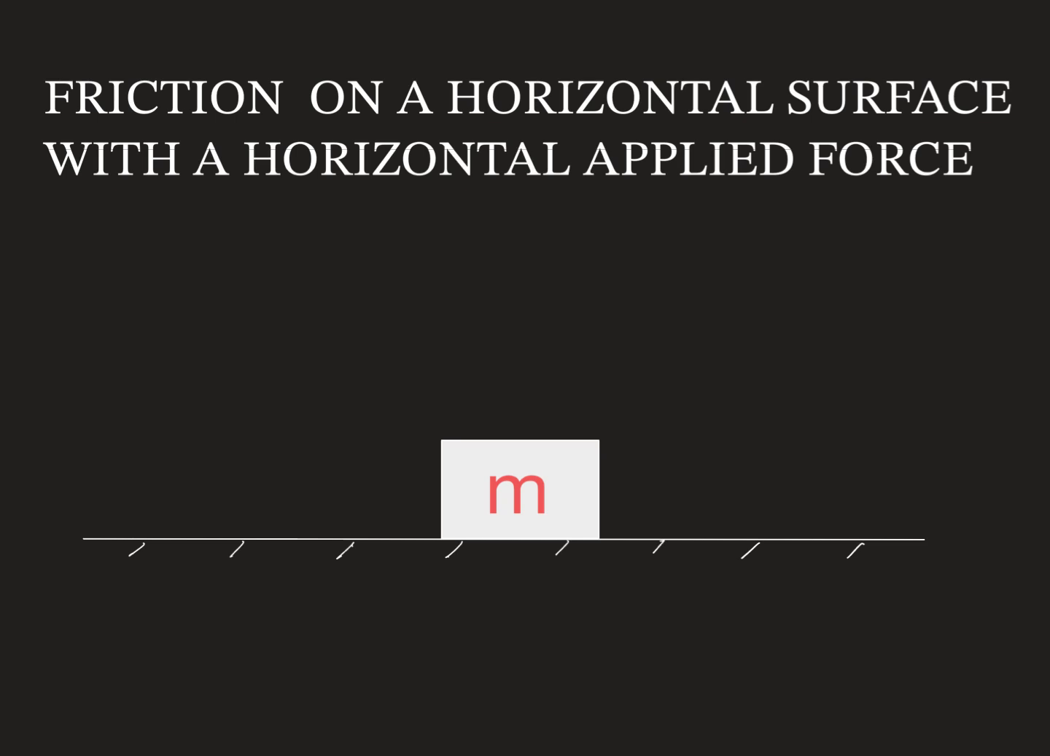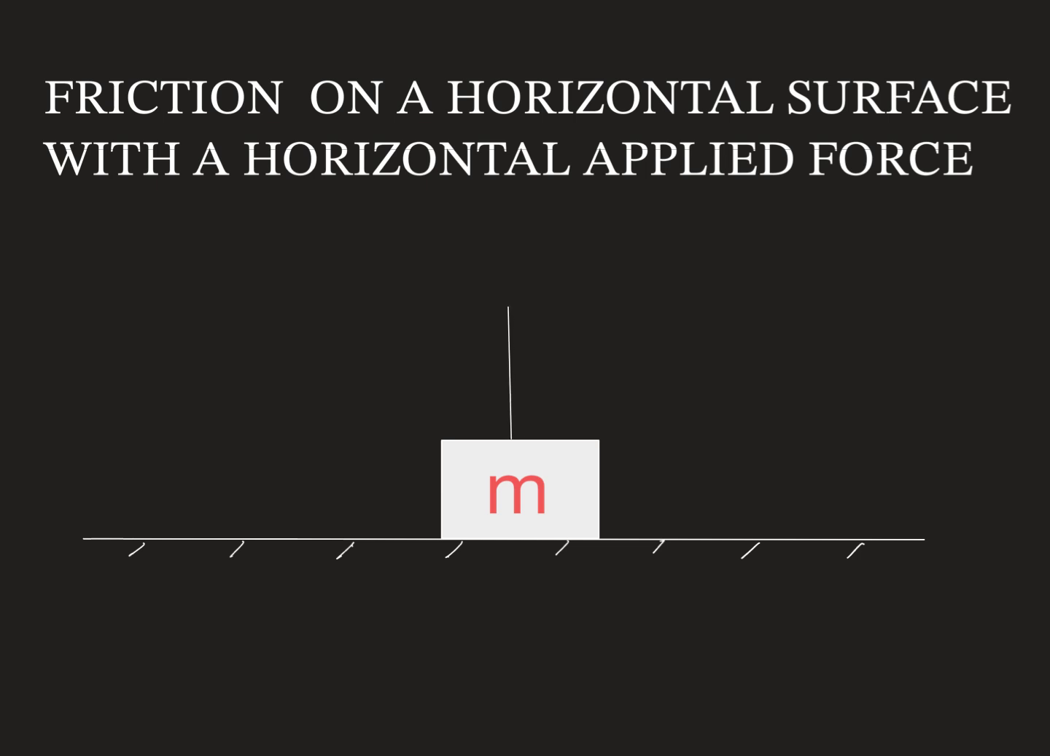Welcome back. We will begin our discussion on friction on a horizontal surface with a horizontal applied force. In front of you, you have an object of mass m that is resting on a rough horizontal surface. So if we should complete our diagram by indicating the possible forces that are acting on this object, we'll have